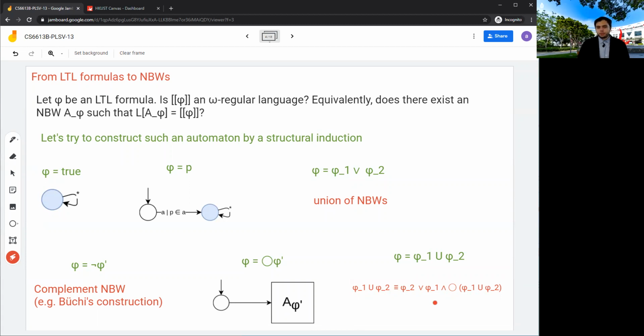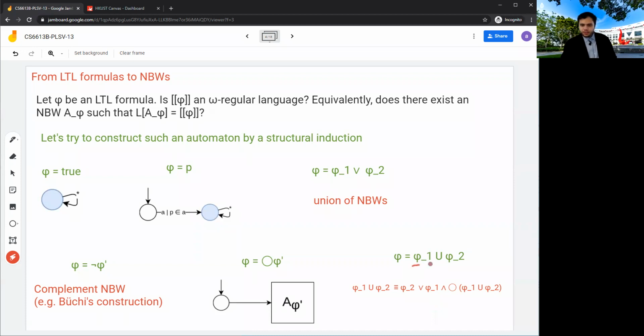Well, we can have some starting state, and from that starting state, we want to accept all the strings that satisfy phi1 until phi2. But then we have to somehow make a choice at which point we want to see phi2. So this is where we really need non-determinism. But at the same time, even if you know exactly at what index you want to do this,